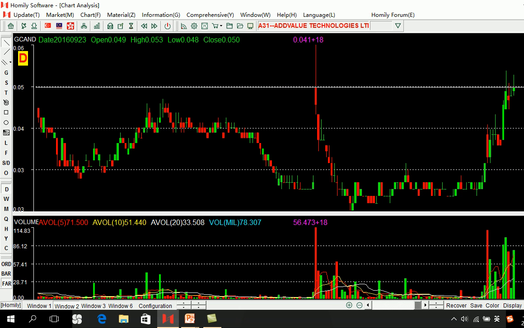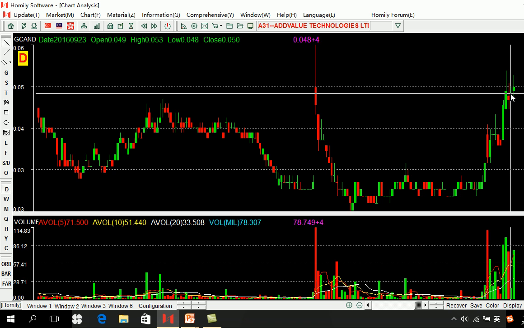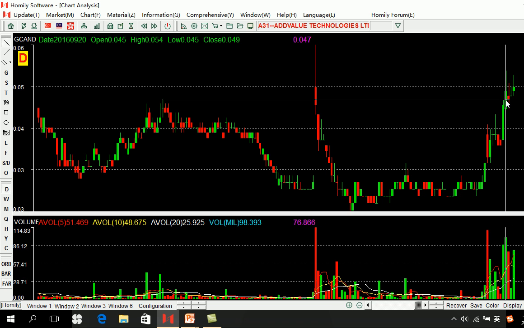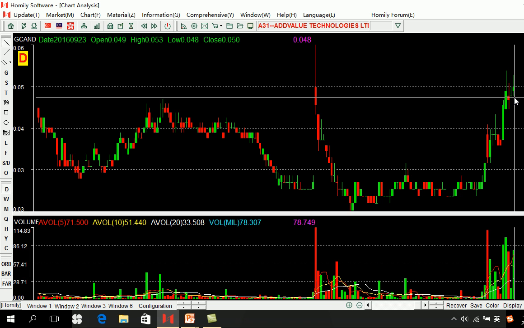This one, Add Value. We filtered this stock before, but you should know 0.05 is a big resistance, right? If it cannot break out, you need to wait and see. So we can see here, the high price is a breakout, but we should see whether the close price breaks out or not, because a close price breakout is effective. So we can see this one, just